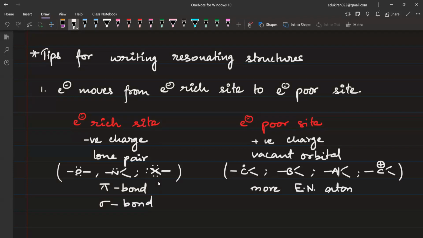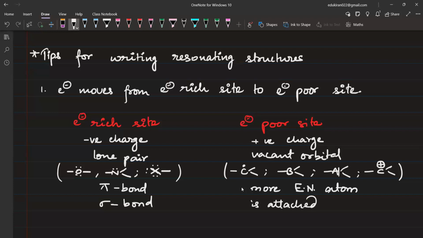More electronegative. Now, usually the more electronegative atom will be oxygen or nitrogen or something like that. All of these things have more electrons. But if the electronegative atom is asking for electrons, then it will become electron poor, right? And it will be the case when a more electronegative atom